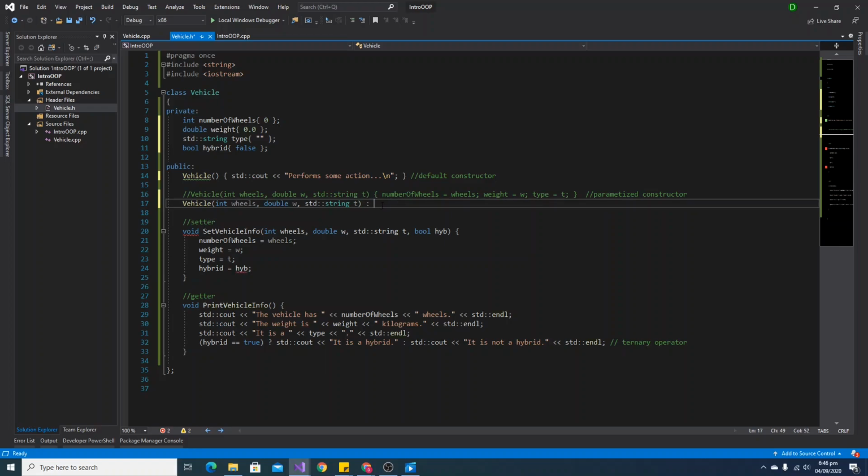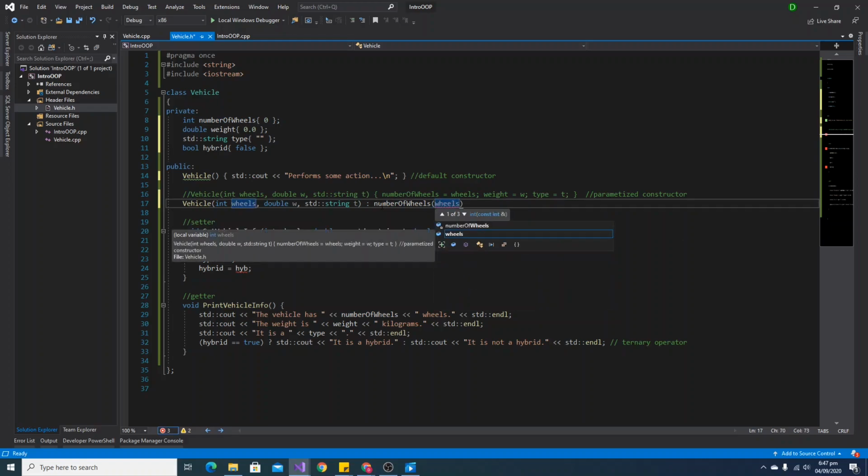And then what we would do is say number of wheels and then open up parentheses, and inside of this we would put the value or parameter value, which in this case is wheels, and we would separate it by a comma, and then we would do it for each one,